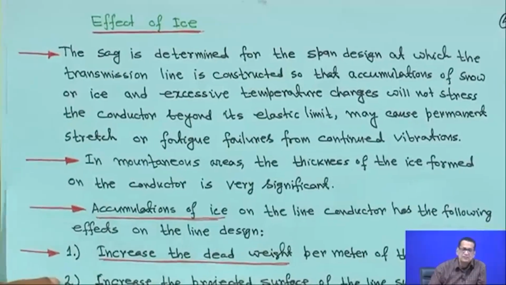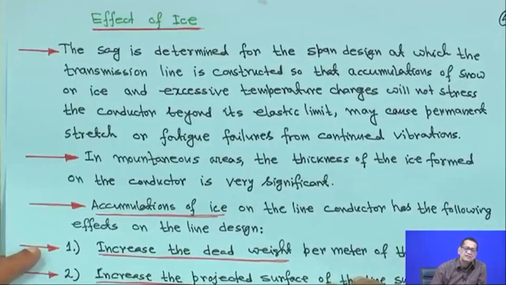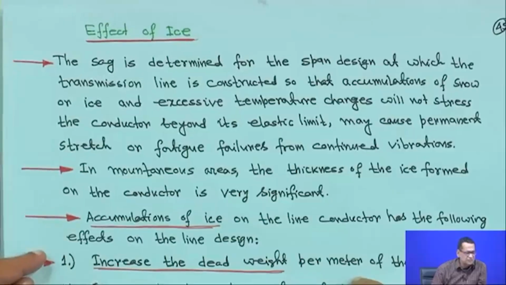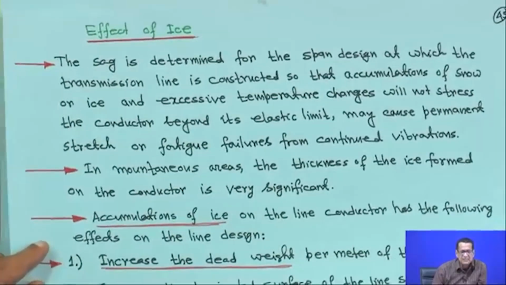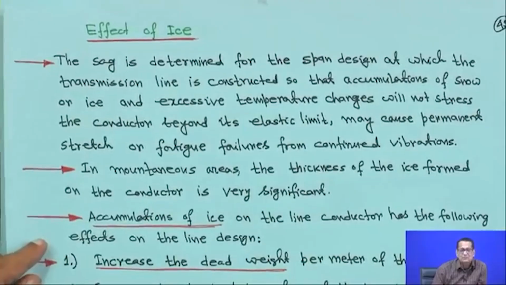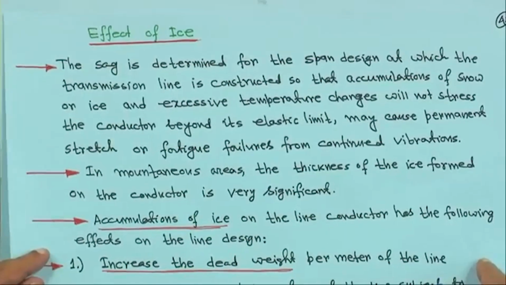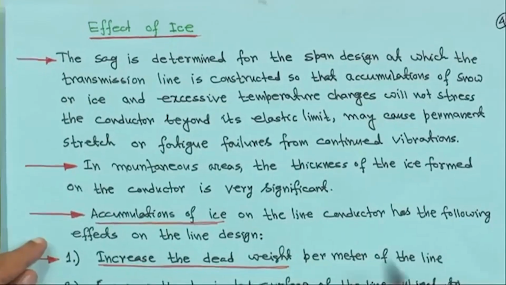So, naturally you will find that ice formation will be there around the conductor, but those thicknesses may not be uniform. But for our study in this course, we will assume that the ice coating will be uniform, and the thickness will remain the same around the conductor. So, effect of